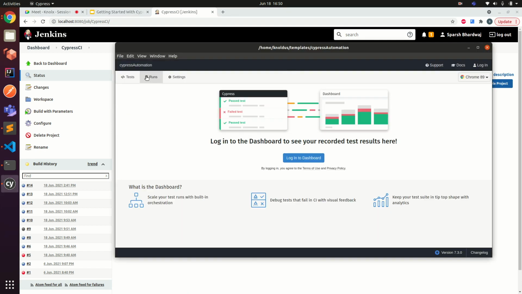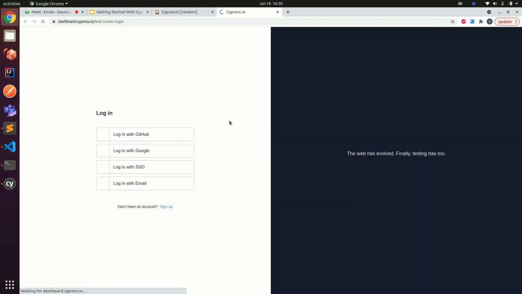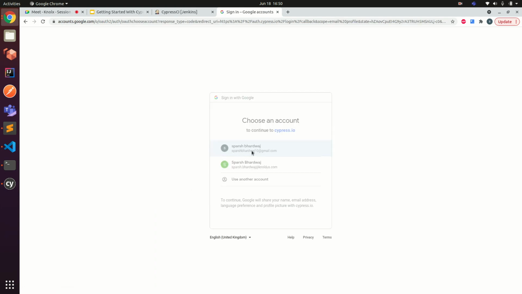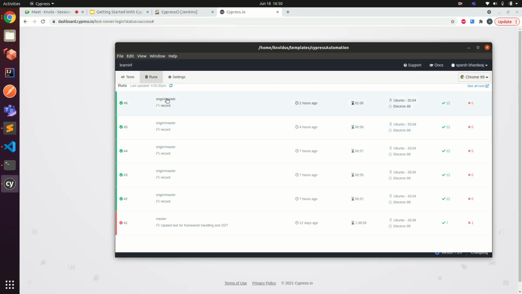Here is the run option, and it says login to the dashboard. It will open a screen in your browser where you can log in with your credentials. I'm going to use my Google account. And we are logged in.